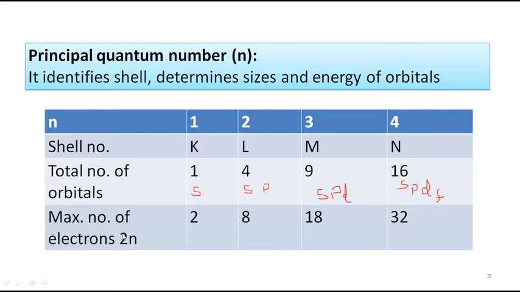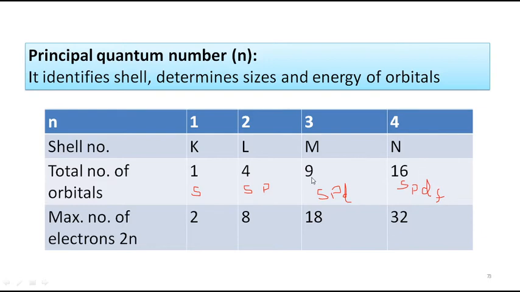Got it? Okay, now coming to the maximum number of electrons. See, this is the total number of orbitals and this is different. Why do I say 4? Because s has only one orientation, so only 1s orbital can exist. But p can exist in 3 different orientations, is it not? I told you p is a dumbbell shaped orbital and you can have px, py and pz. Three orientations. So p means 3 orbitals. So totally 3 plus 1, 4. That is why I have written 4 here.